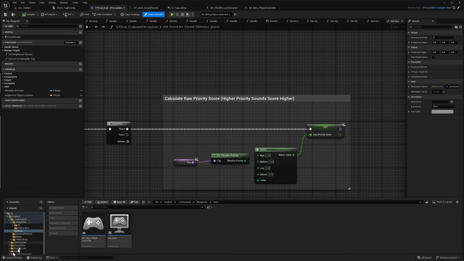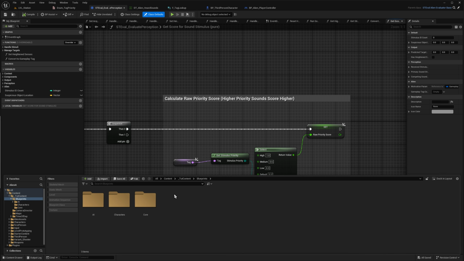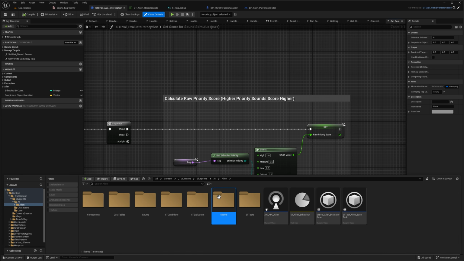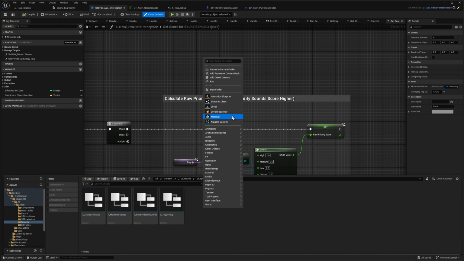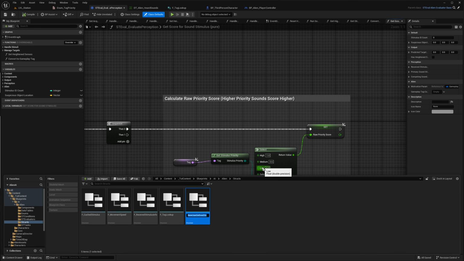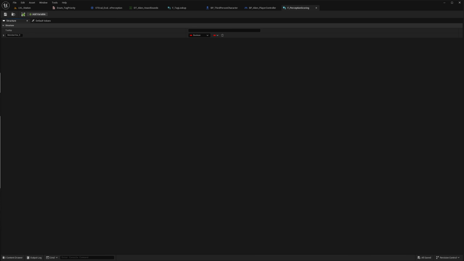So I'm going to go to our content drawer again and into our structs folder, and I'm going to create a new struct. So under blueprint and structure, and we'll call this F underscore perception scoring. And we'll open up that struct. And for this structure, we'll have two values. The first variable will be of type string, and we'll call that variable type. And the second variable will be of type float, and we'll call that